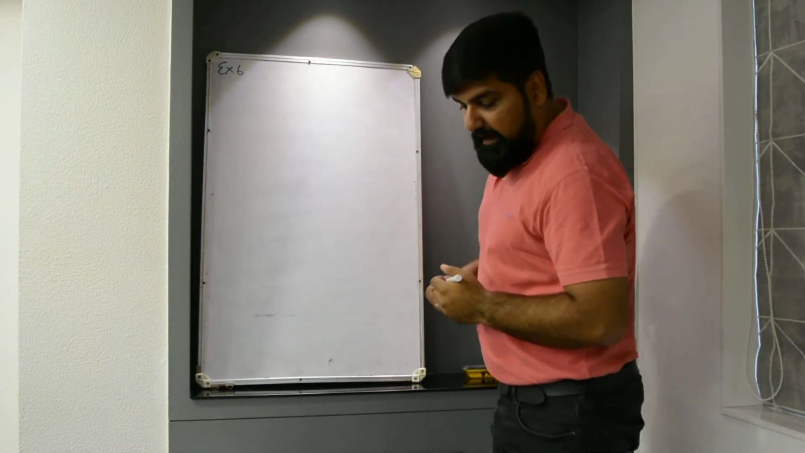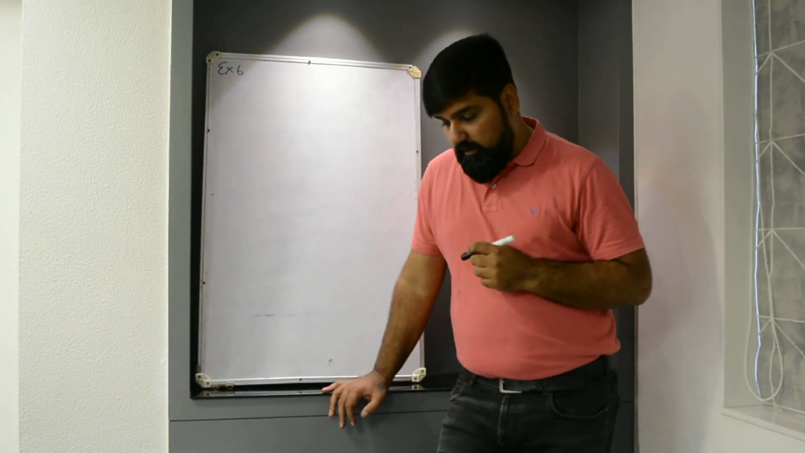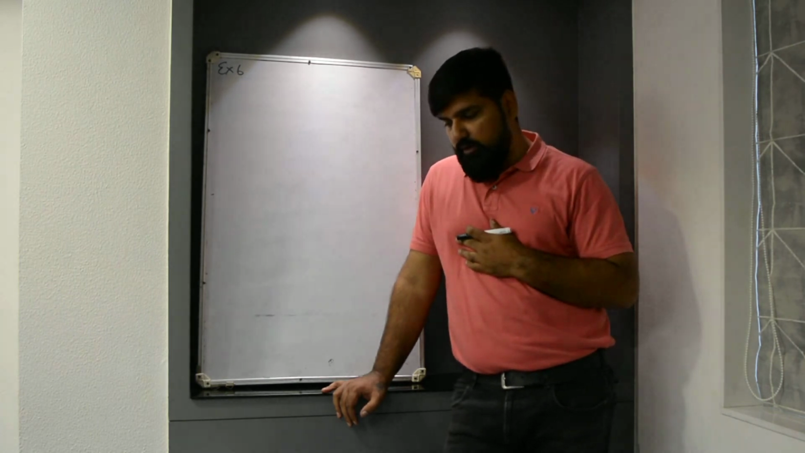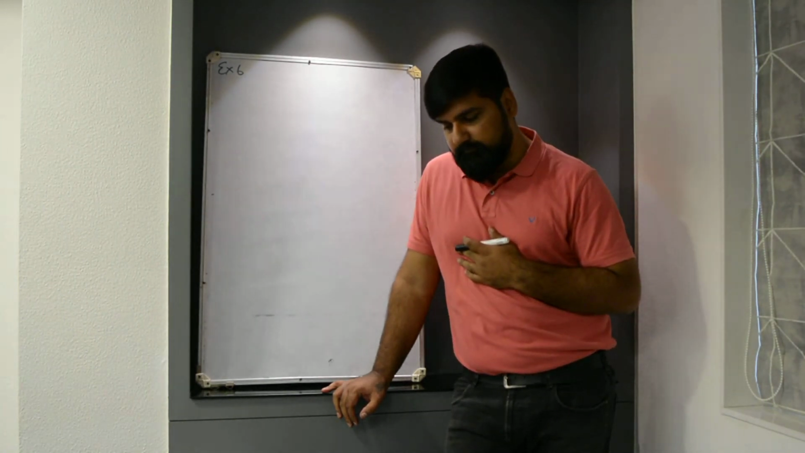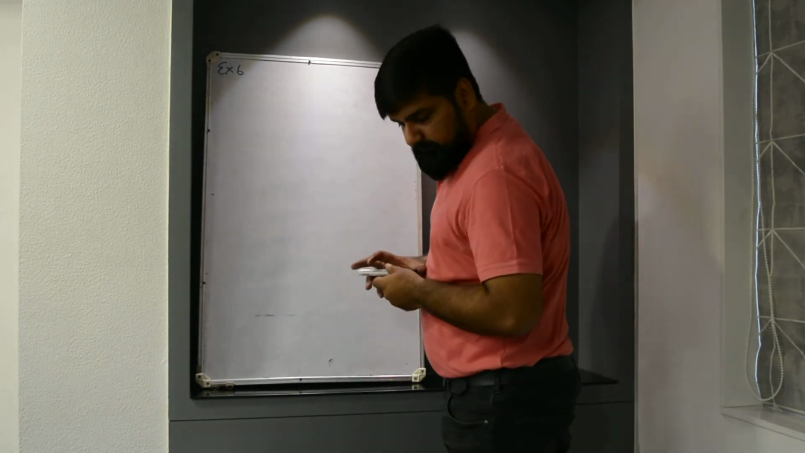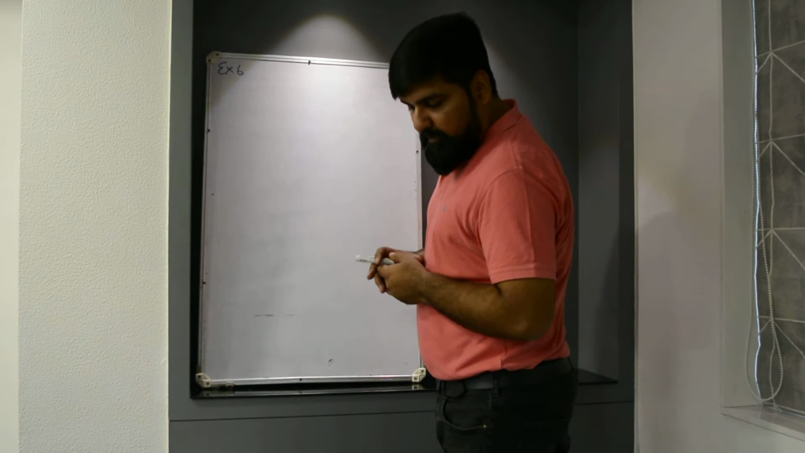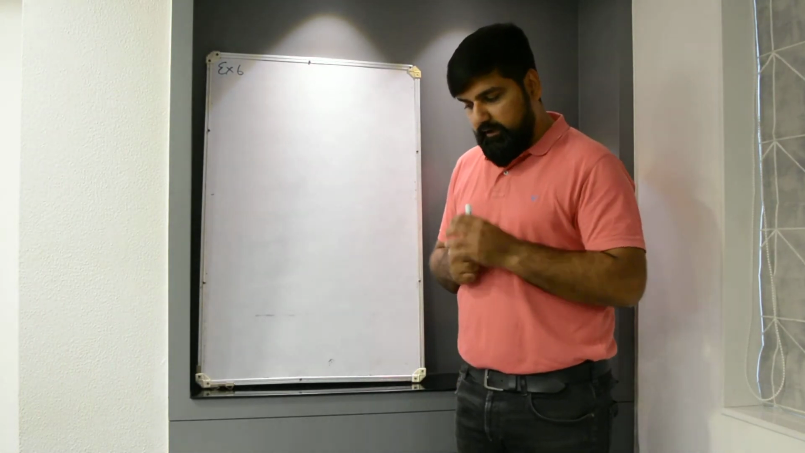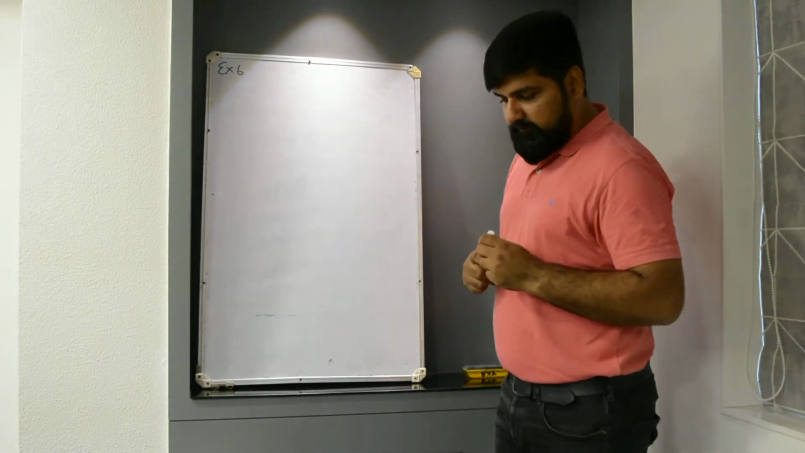Example number 6. We have three parts, so what we'll do is we'll do the third part. Okay. So we have been given two inequations and we have to find their solution. Okay. So how we'll do it is